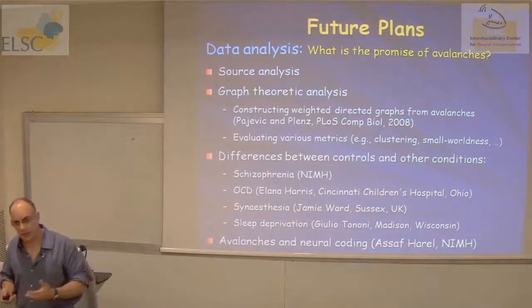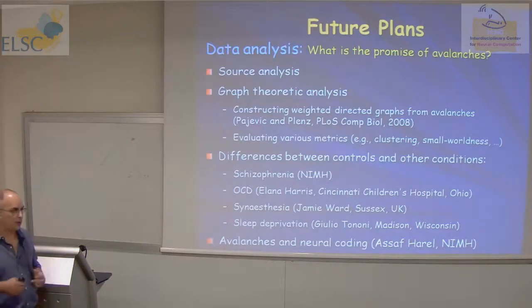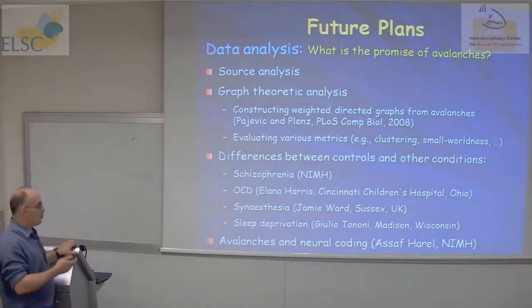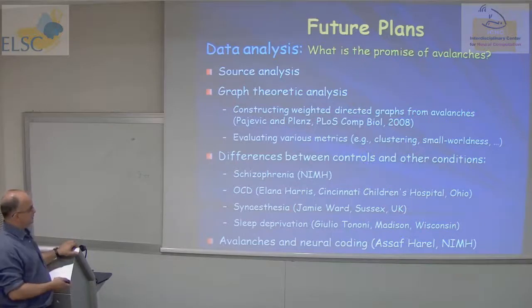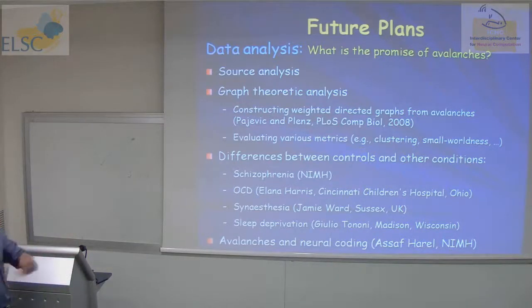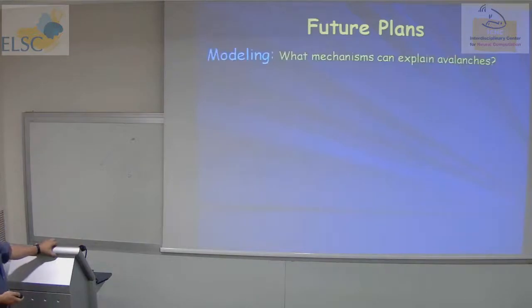And lastly, I intend to look for avalanches in the context of task performance, whether they can carry information about something. Because we do see the power law behavior even when the subject performs tasks, but you see some differences. For instance, you tend to see more large cascades during the task performance. So maybe they code for more rare events, and maybe they carry some information. I mean, the nice thing about the avalanche is that they offer you a certain natural way to segment the data into cascades, which can be code words. Maybe they carry some interesting information.